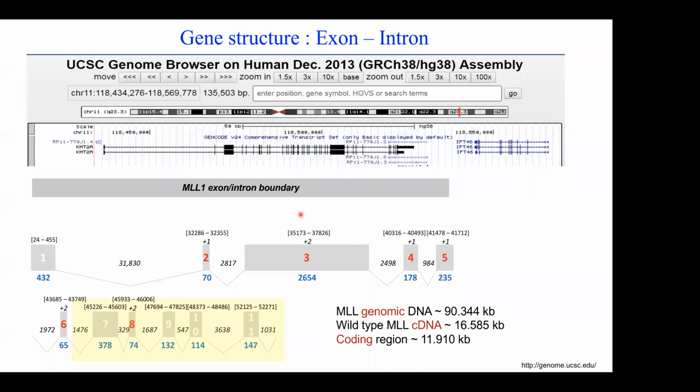So now I can go from the promoter to the intron and exon regions. Here is an example. Here you take one gene. In this gene, you can see,